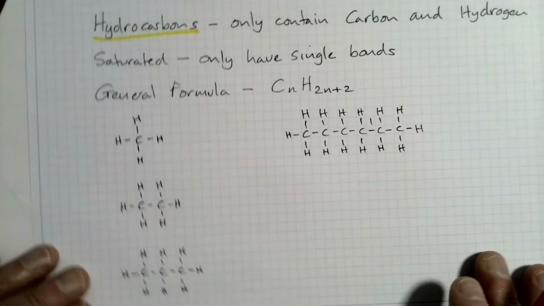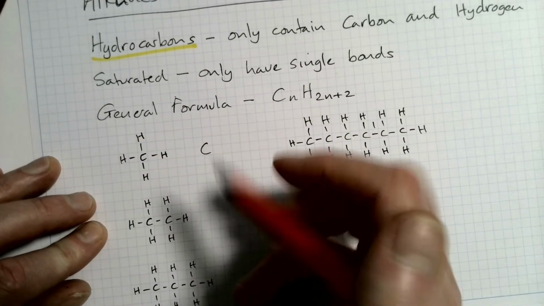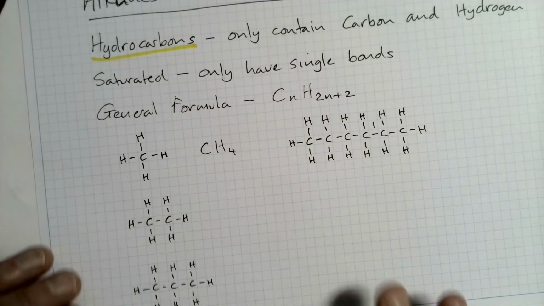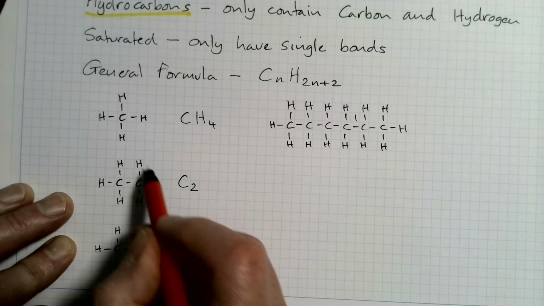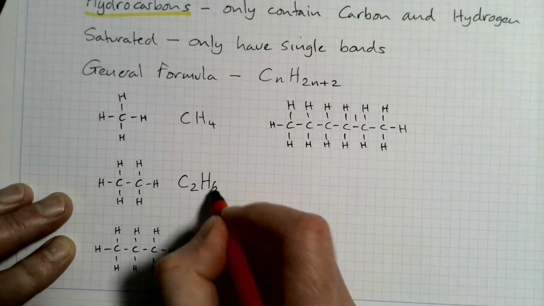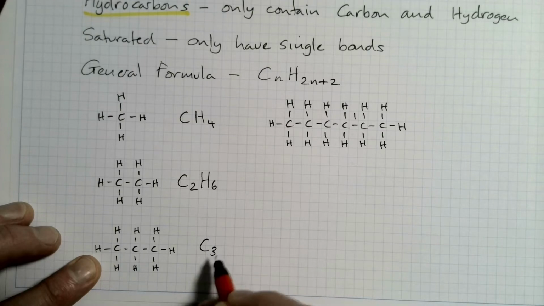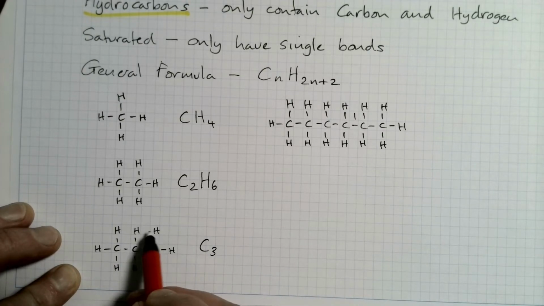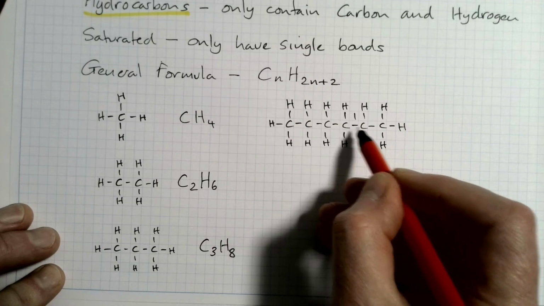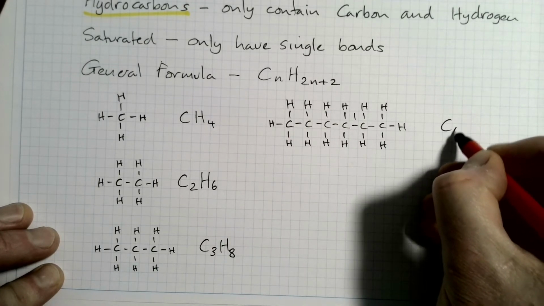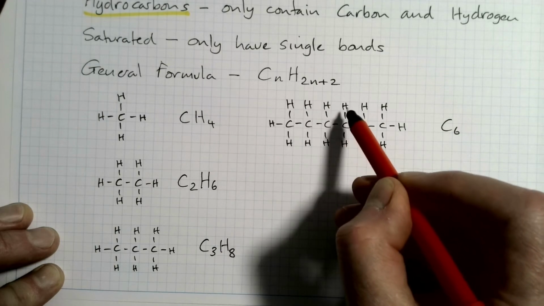So where does this general formula come from? Well, let's write down the molecular formula for these. This one has 1 C and 4 hydrogen, so CH4. Let's look at this one. We have 2 C, so C2, and 1, 2, 3, 4, 5, 6 hydrogen, H6. Here we have 3 carbon, so C3. How many hydrogen do we have? 1, 2, 3, 4, 5, 6, 7, 8. C3H8. And up here, this is our 1, 2, 3, 4, 5, 6. This one is C6. And how many hydrogen do we have? 1, 2, 3, 4, 5, 6, 7, 8, 9, 10, 11, 12, 13, 14. So